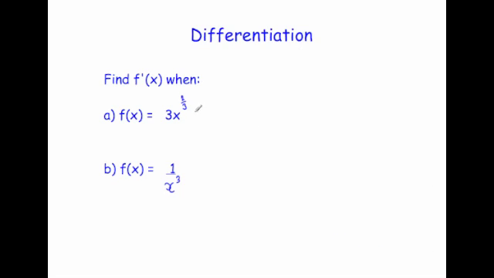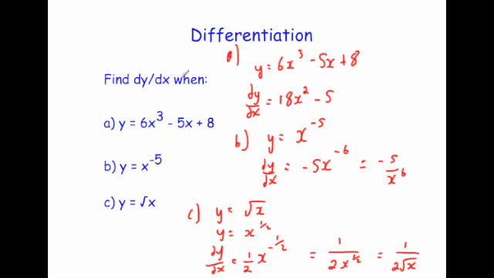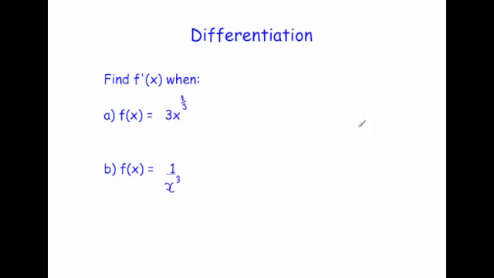Okay, last couple of questions. This time again is another notation. So notice all these different types of notation you could be given. The question could just say differentiate. It could say find dy by dx when y equals, or it could say find f dash x when f of x equals, and so on. So let's do the first one here. So we've got f of x